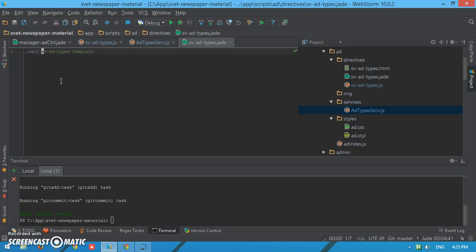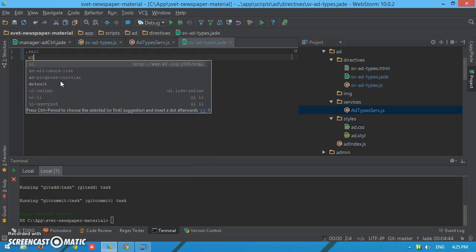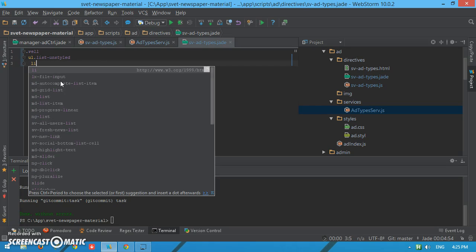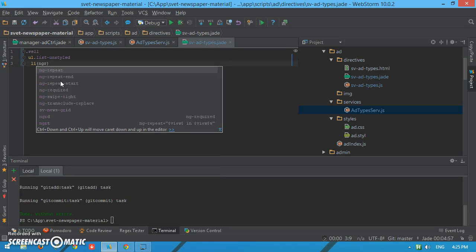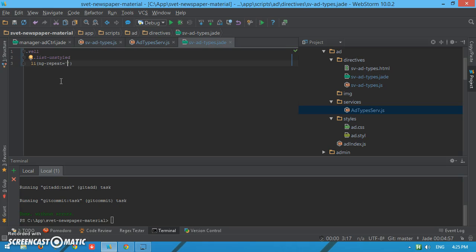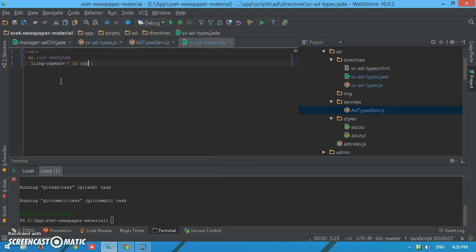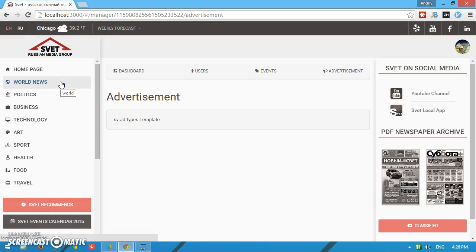iterate over my types. So let it be URL start, ng repeat, and I want to repeat t in types, and I want to just extrapolate t to see that everything works, or let's just extrapolate t. Okay, and now I switch here, and